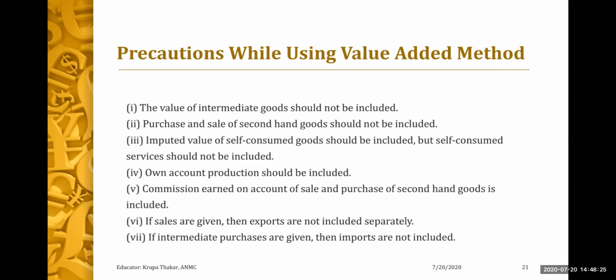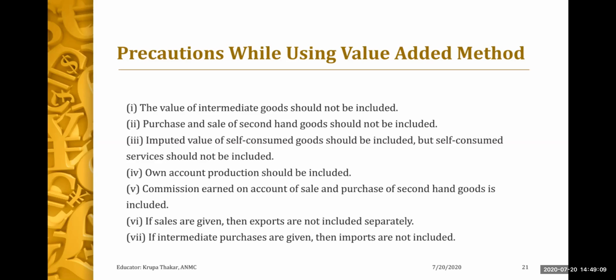Now, as I said, we have to take certain precautions while calculating the value added method, because there should not be a problem of double counting. Like in the previous example of the farmer and the baker, we had not included the worth rupees 50 contributed by the farmer, and the baker who with the help of that rupees 50 wheat had produced 200 worth of bread. But the actual contribution made by the baker was only 150, because that 50 was intermediate consumption, which we are going to avoid and not calculate.